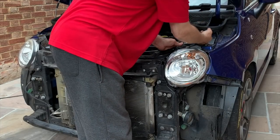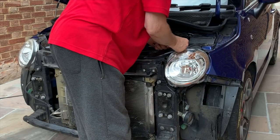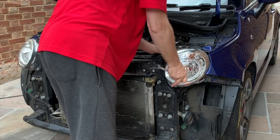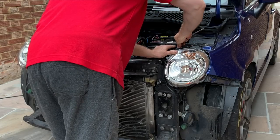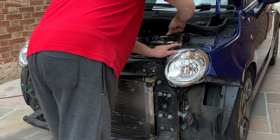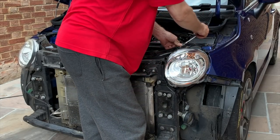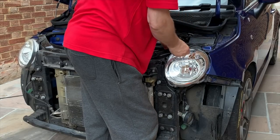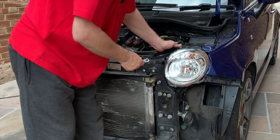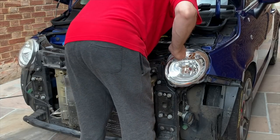Because of course this wing will be replaced, so it just needs to go on sort of. Oh, that's gone in a bit skew if that. Why's that gone in so crooked? Let's try that again. That's better. Yeah, it's a shame about the wing, because it sort of fits alright down there. There's just a big dent in there. It's not worth getting it repaired. It's broken the paint as well. It's pointless. If it's going to have to be painted, then I might as well just get a new one. I'll just put that in there loosely for now, and I'll connect it up so I can test, make sure